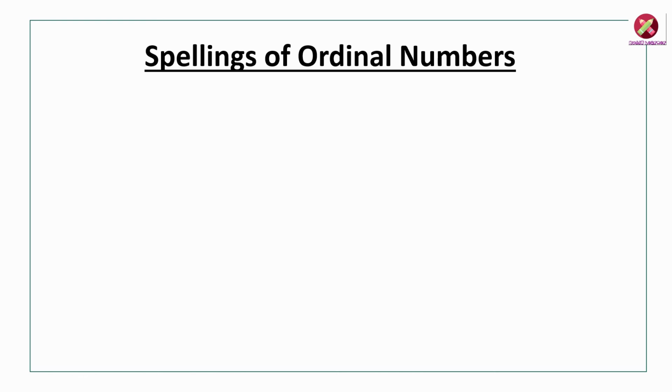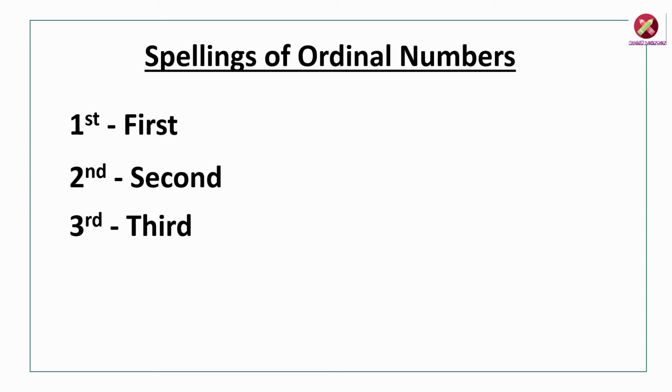Now, let us learn the spellings of the ordinal numbers from 1st to 10th. First, F-I-R-S-T, first. Then second, S-E-C-O-N-D, second. Third, T-H-I-R-D, third. Fourth,